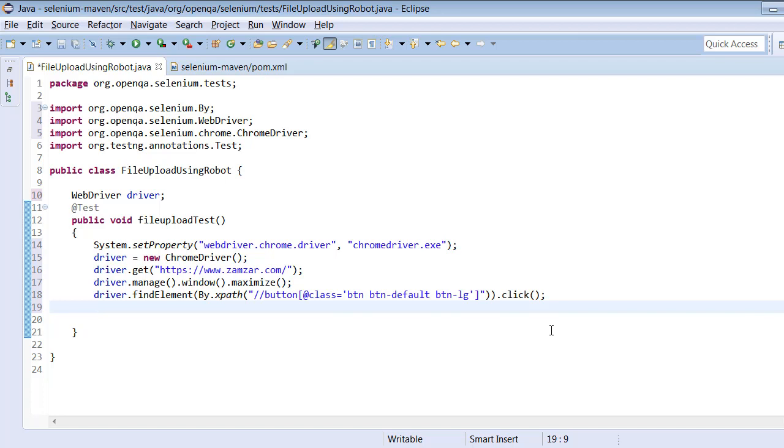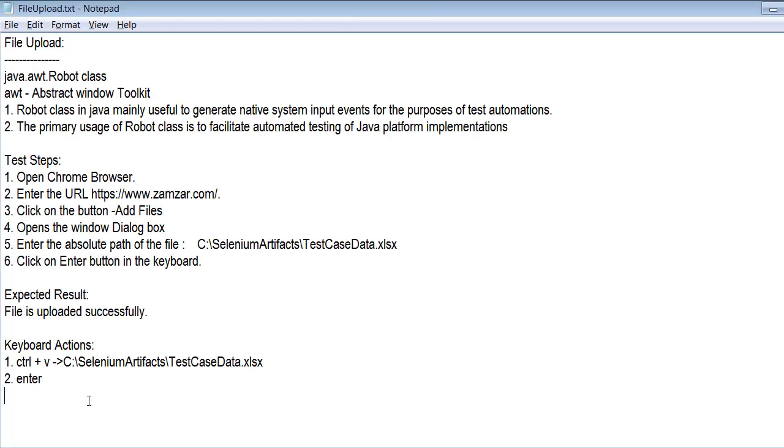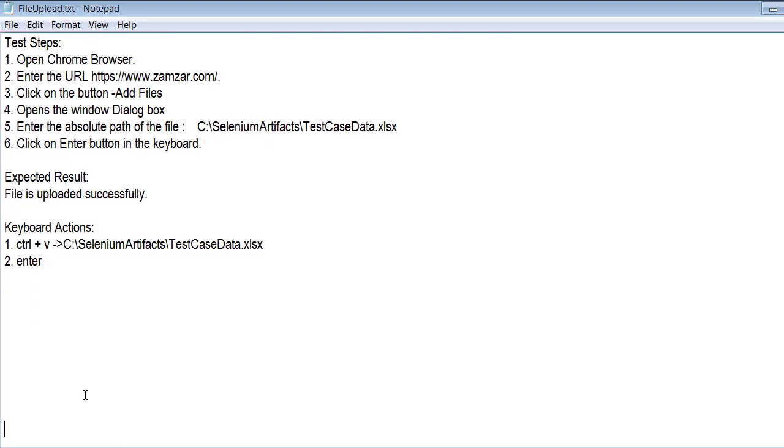Then next step. If you look into the example, as I said, there are only two keyboard actions we are performing. One is Control V and Enter. So before we do Control V, we have to perform Control C. How do we perform Control C in a program? In order to achieve Control C, we have to write down some steps.